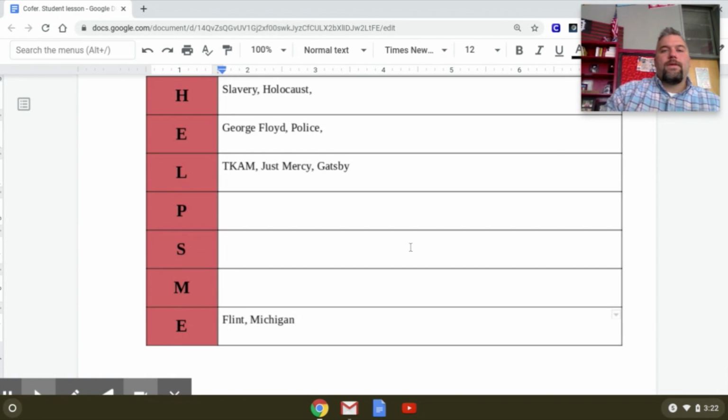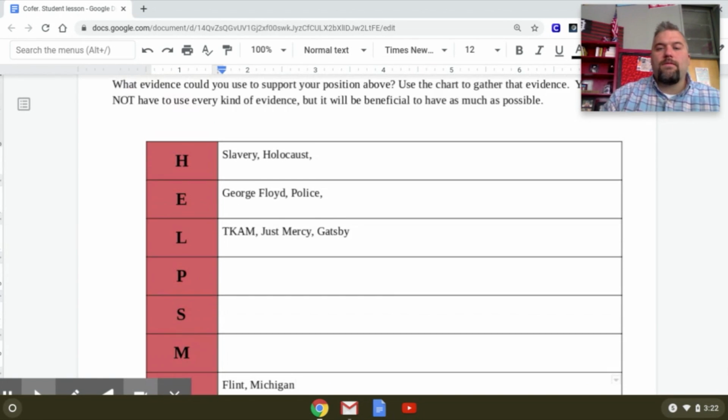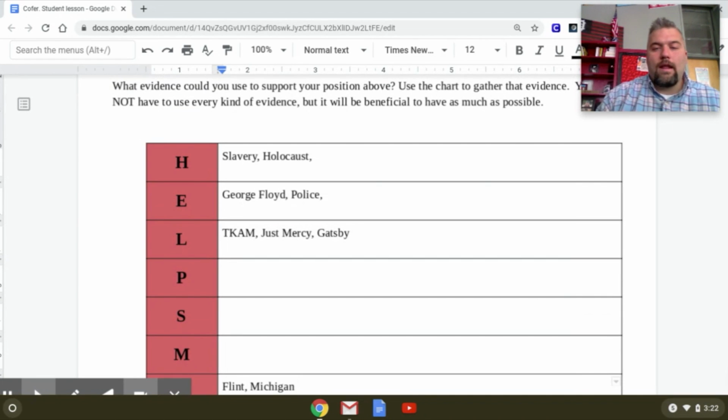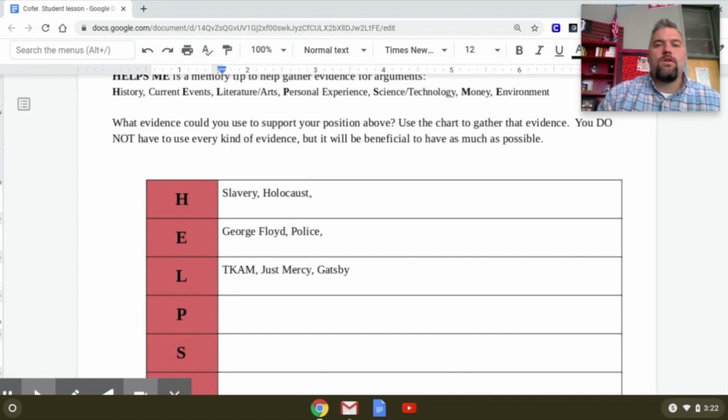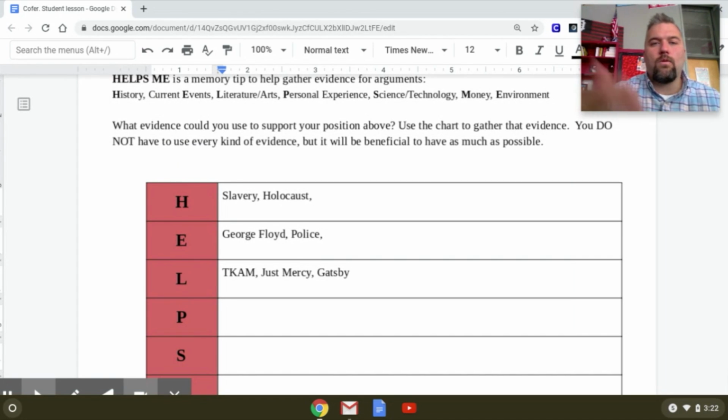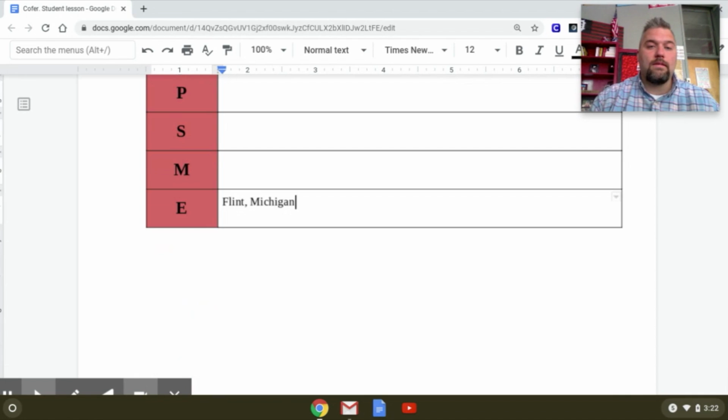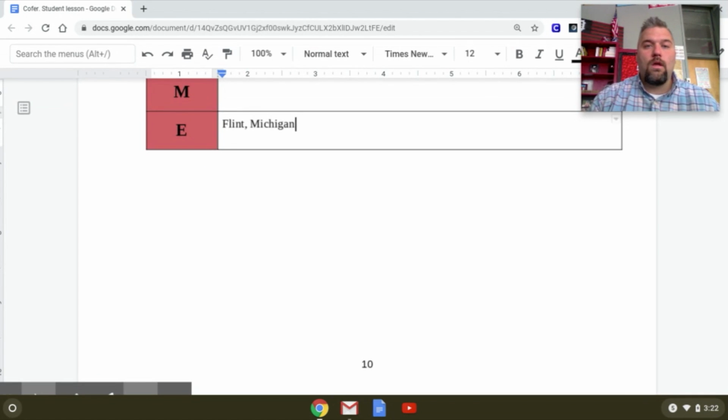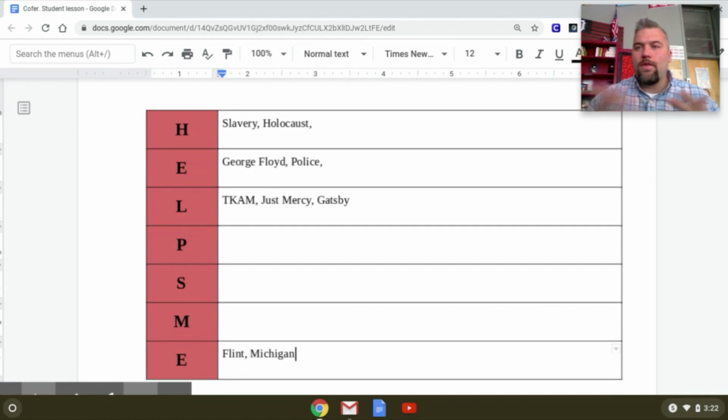So these are just a few pieces of evidence, not advice, but evidence that could help support our thesis, our stance, and then we would take this and organize it. Okay, so good luck gathering your evidence to plug in to support that beautiful thesis that you wrote in Activity 2. Have fun pulling all of this stuff.